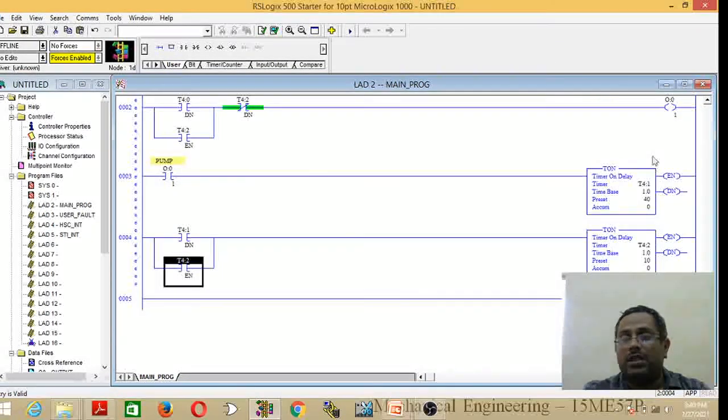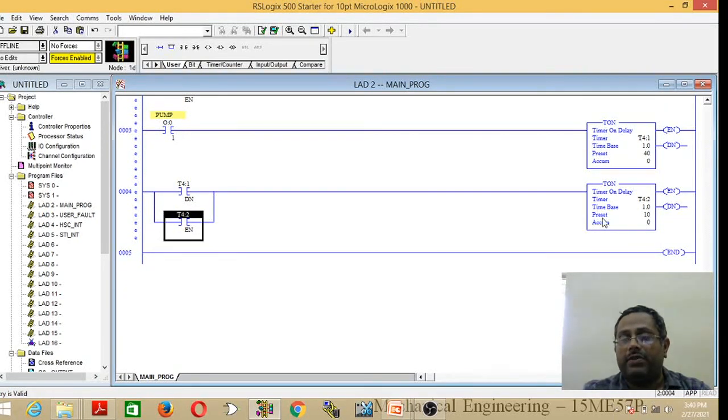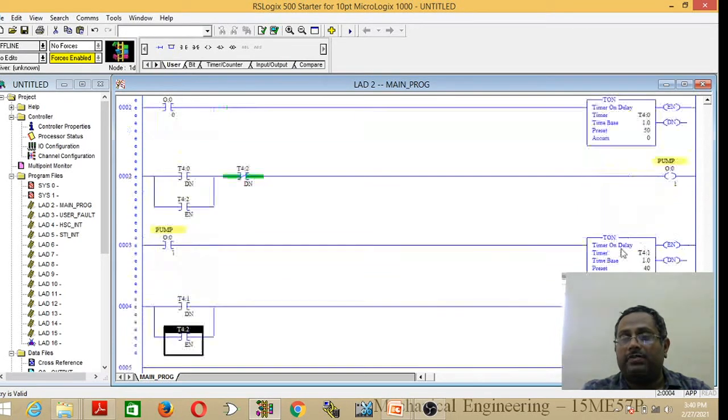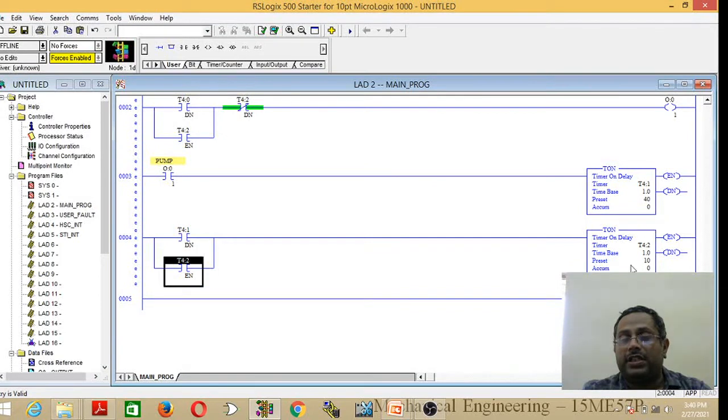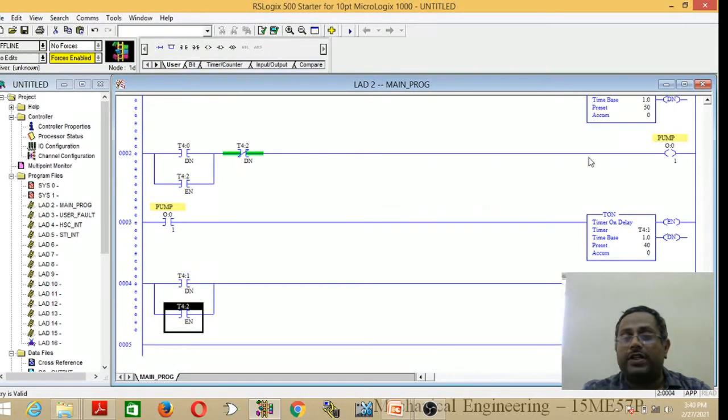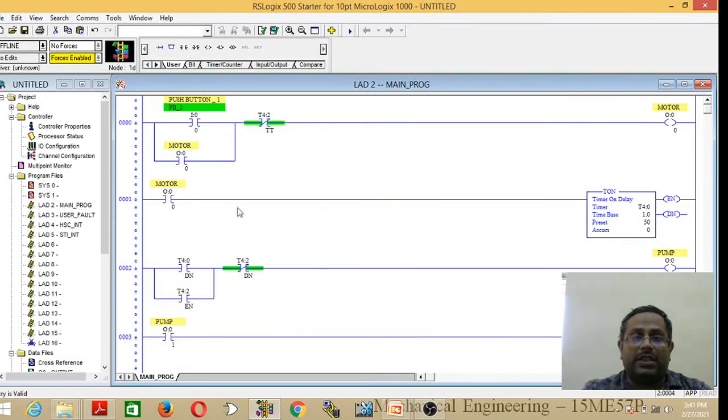As soon as the pump starts, timer 2 will start and it will count up to 40 seconds. Once it reaches 40 seconds, the third timer will be enabled. As soon as the third timer is enabled, it will switch off the motor, and after completing 10 seconds, it will switch off the pump also.